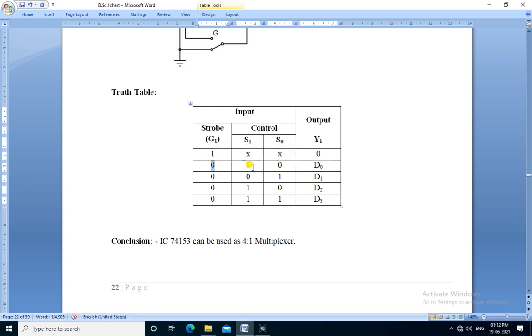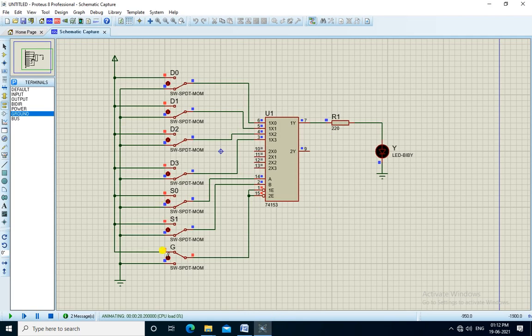The strobe is 0 and S1 and S0 are also 0. Then D0 is connected to the output. So the strobe pin, that is G, is low, that is IC is now enabled. S0 and S1 both are low. Then D0 is connected at the output. So D0 is now 0, so the output is 0.